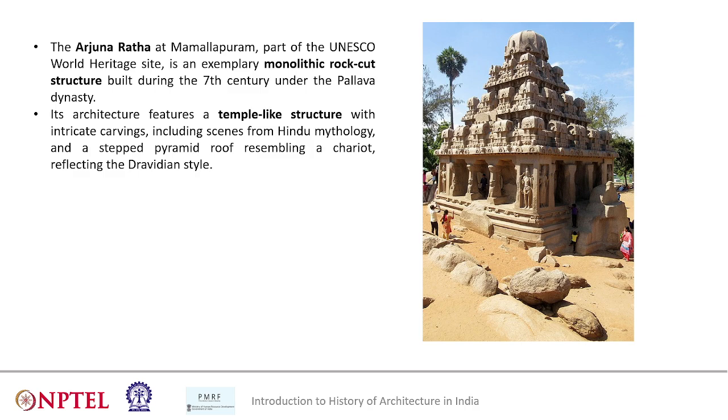as one of the temples within a temple complex. There are several rathas: the Arjuna Ratha, the Bhima Ratha, the Dharmaraja Ratha. A total of 5 rathas are there, along with some monolithic sculptures of elephants, animals basically. And within that, there's one prominent ratha that you can see, which is known as the Arjuna Ratha.